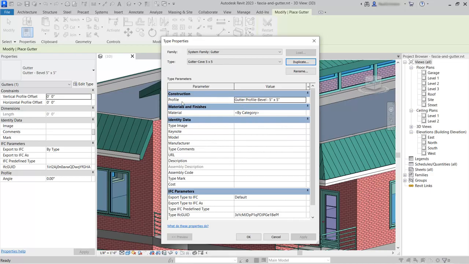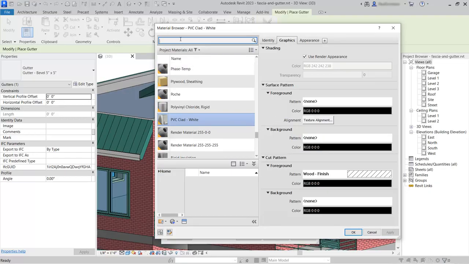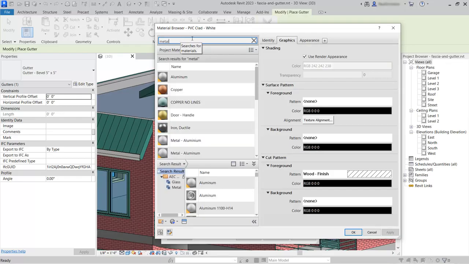And now looking at the type parameters here, we can see we have the profile, so we'll click here, and then from the drop down list we'll choose the Gutter Profile Cove 5x5 type. And then we also need to assign a material. So we'll click on the by category here and open up the material browser with the button that appears. And then in the search box at the top here, we'll type in metal. Now from the list of results, we'll choose the copper material,